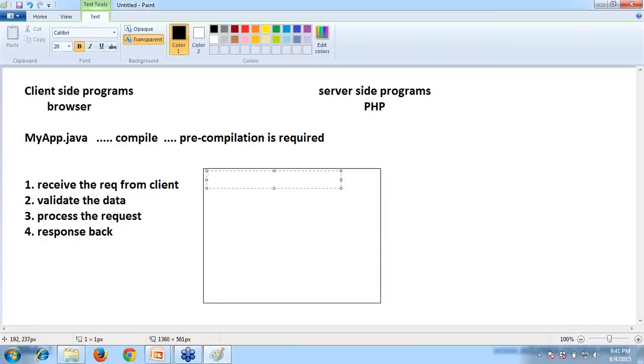In a single program, we are writing all four things: receiving the request from client, validation of data, processing the request, giving a response back to the client. Everything is written in the same program, so the complexity to develop an application is more. The complexity of the program is more, with many lines of code for receiving the request, validating the data, processing the request and giving the response, all written in the program itself.